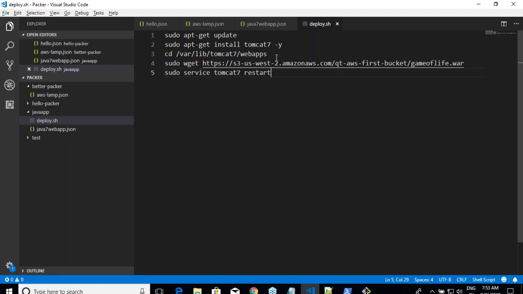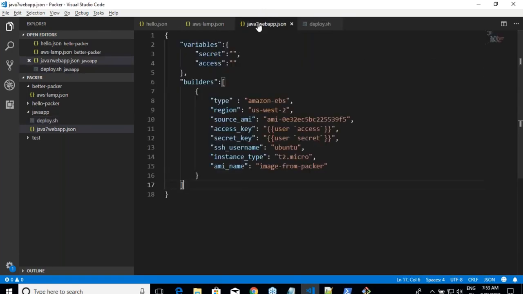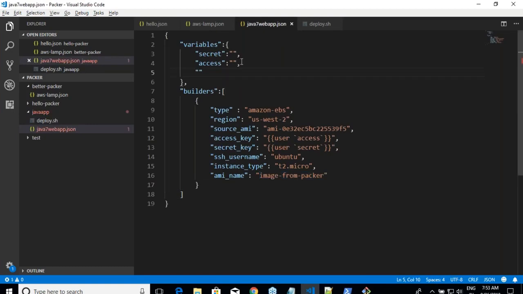So over here, I'll change just the image name. I'll put a variable for that, saying AMI name, and I'll give that name as game of life. I've given it some default name.